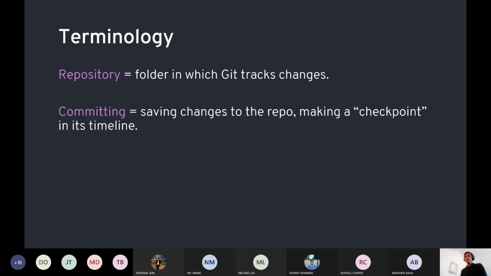And then committing is simply saving changes to your repository by making a checkpoint. It's kind of analogous to how in video games you'd save your progress before playing a challenging bit so that you can always revert to that state. So that's what a commit is, really.